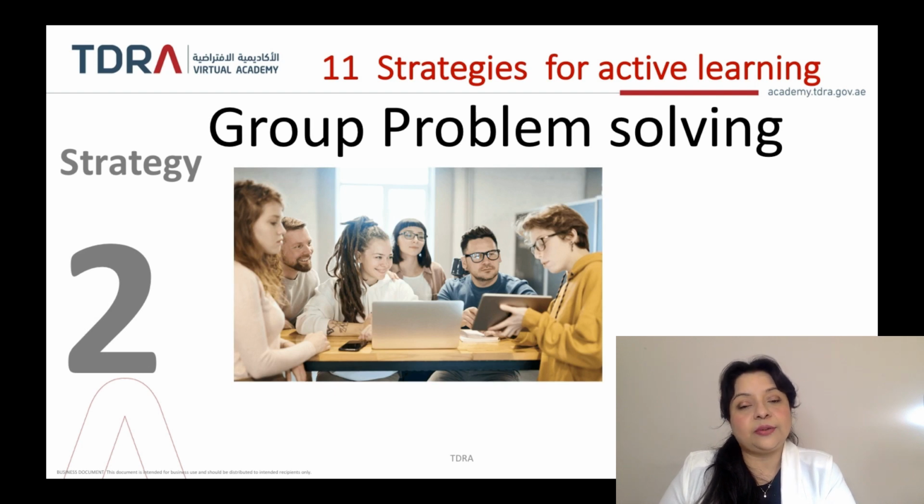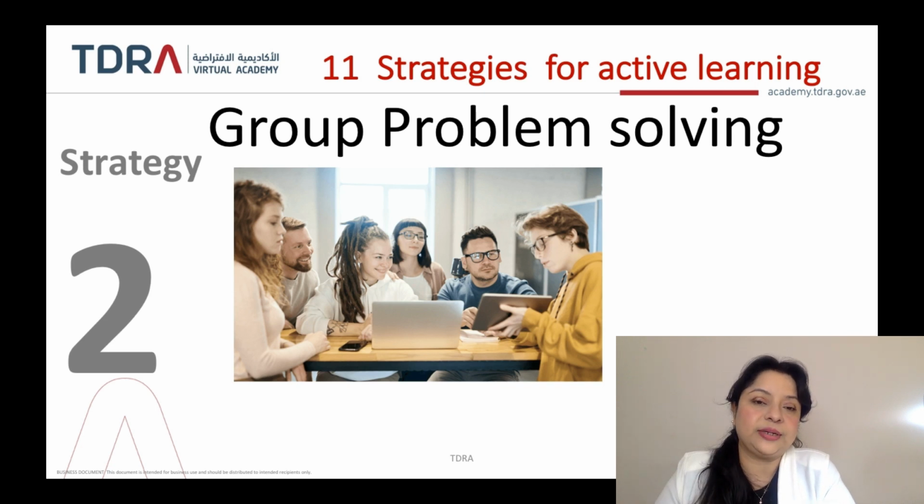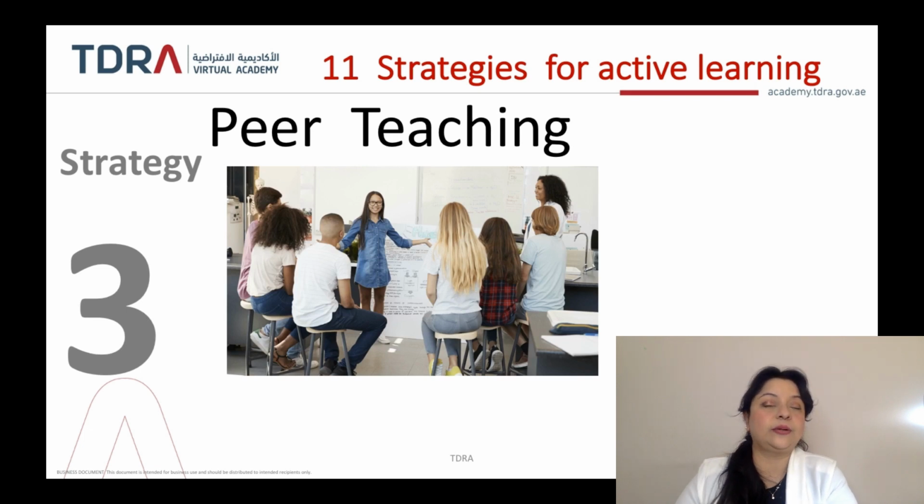The group problem solving. Now, this is very important because problem solving happens because of any kind of brainstorming sessions or convergent or divergent thinking, and this is where a lot of creativity and problem solving also take place. Any situation or case study is given to them, and they start coming together to solve and to find the best possible answers, and they have a hierarchy of answers that they want to build upon, maybe understand why this was more important than the other, and so on.